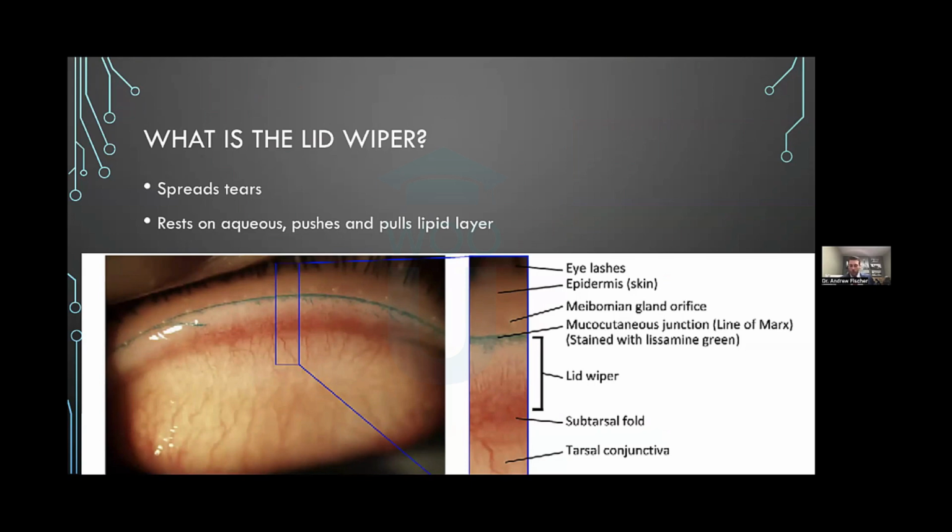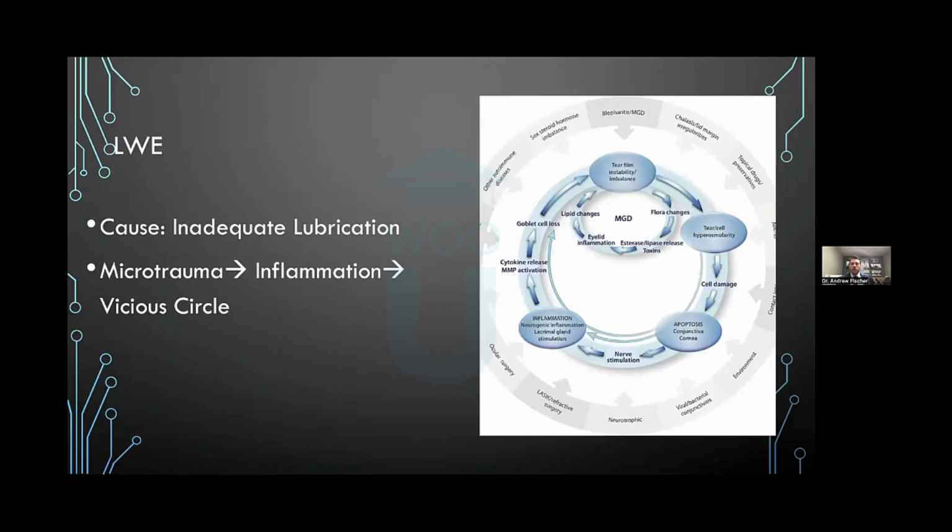You turn on the wiper blades and that wiper rubs and rubs and rubs on the windshield, and on the eye without proper lubrication, that eyelid rubs and rubs and rubs on the cornea. And as it does, because of improper lubrication, that rubbing on the cornea can cause micro trauma that over time can lead to inflammation, which over time kind of gets us into this vicious circle of dry eye, inflammatory dry eye. And so when I see lid wiper epitheliopathy, it's kind of this red flag to me of saying, hey, we got to make sure we're keeping an eye on this.